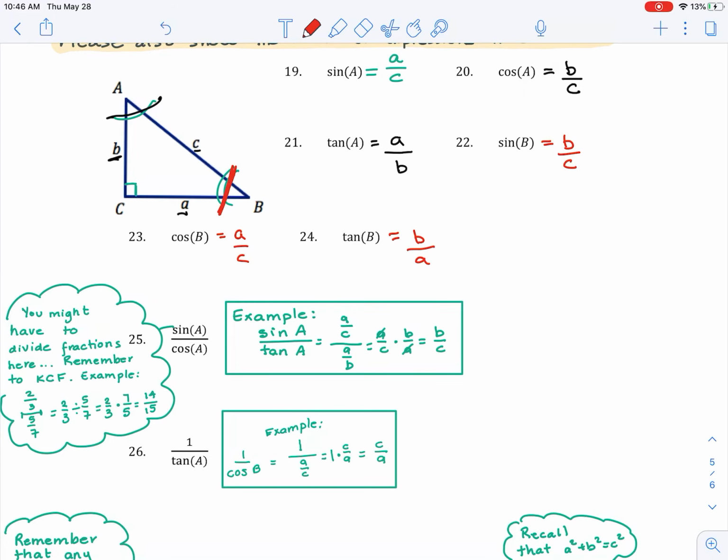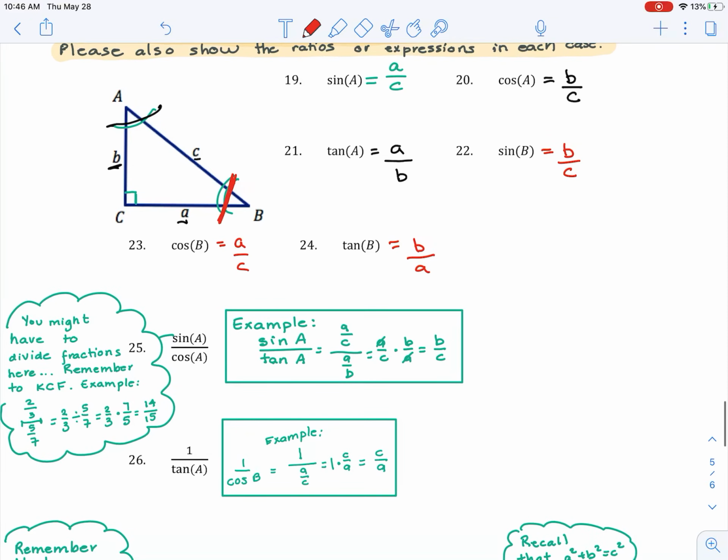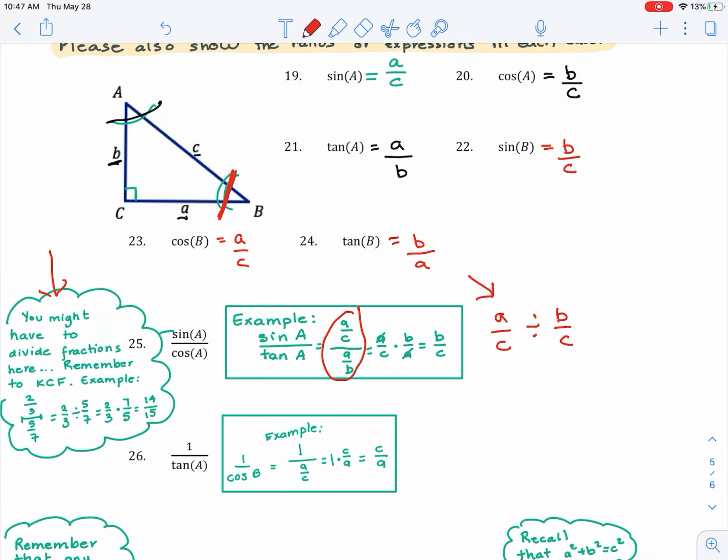Okay, so this says what's sine A divided by cosine A. So you want to take the values that you got up here and divide them. So what was sine A? And we want to divide that by cosine A, which was B over C. I like to think of it this way. This is a little too many fractions for me. I mean, I understand it, but I just like doing it like this. And then there's a review of fraction division over here. So remember, that's A over B. Division becomes multiplication. And then you do the reciprocal of the next one. And then what that gives you